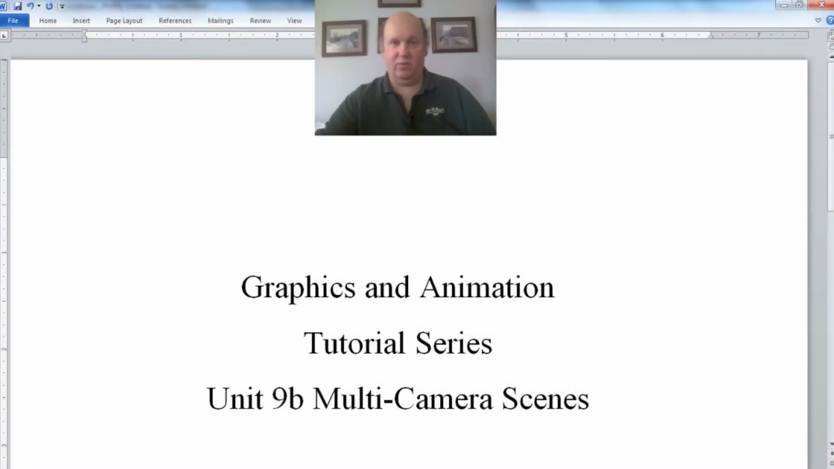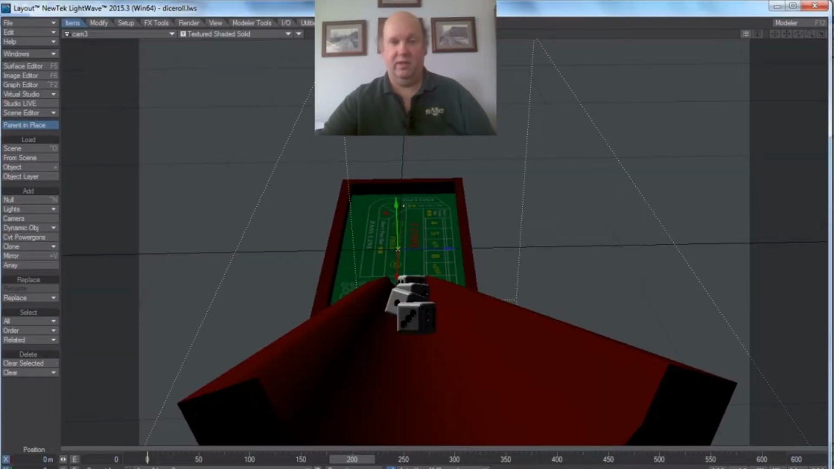Okay, in this example, we're going to go back to the previous model, and we're actually going to export it as a movie. But we're going to do it with 3 cameras and 3 different viewpoints. Now, if you remember, this is our model, and we had the 3rd camera, which looks down on the dice